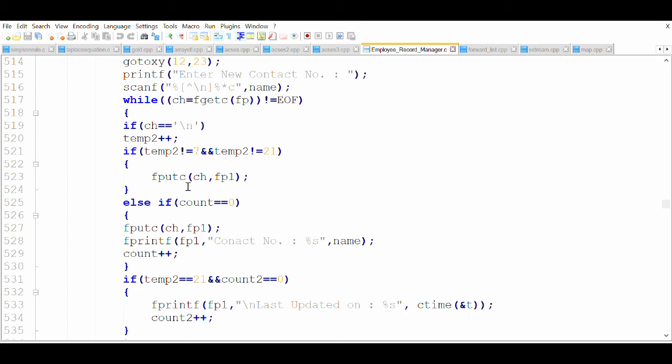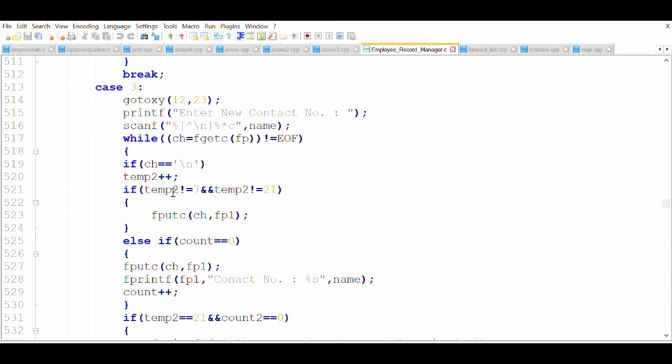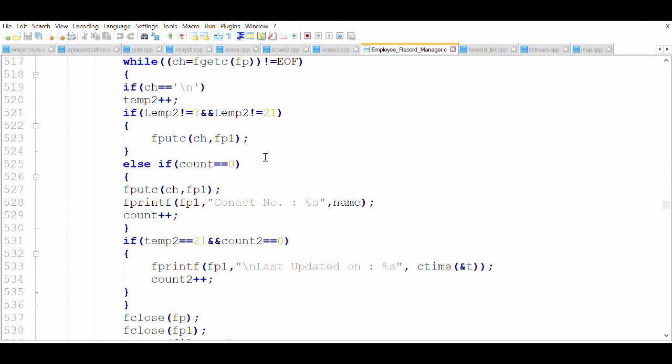I have initiated a variable named temp2 with 1, and whenever the program finds this thing, it increases the line number, because obviously the line will end at \n. So basically this is how the program works.